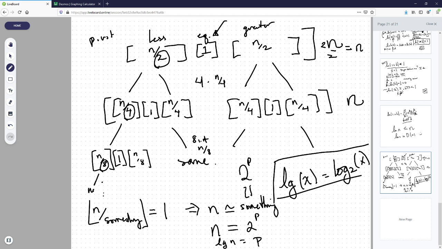And of course, I should be more precise about this by saying it's technically maybe the ceiling of the blah blah blah, but I don't care. We don't have to be that technical. And so what you notice is that it takes lg n steps, which is the log of n steps, base 2. And so each step takes n total time to run, and we're running lg of n steps, which means...